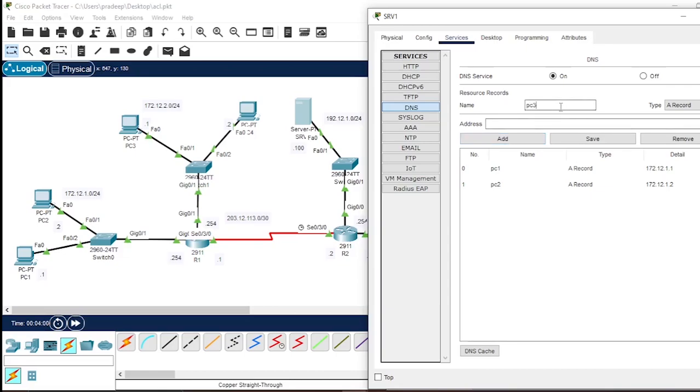Now go to PC3. Address 172.12.2.1, and PC4, 172.12.2.2. Now assign router 1, this IP address